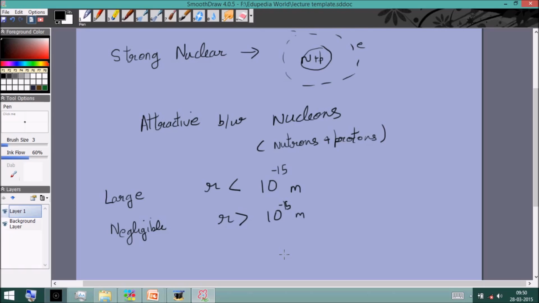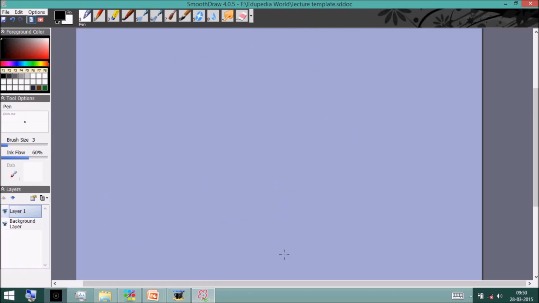Finally, there is the last force, which is the weak nuclear force, and that force is responsible for radioactivity. So we know from experiments that a neutron can actually convert into a proton and an electron and emit another particle which is called an antineutrino. You don't need to worry about the details now, but such reactions do not occur because of the strong nuclear force, because the strong nuclear force acts between two nucleons. It does not act inside a nucleon. So there is another force which is called the weak nuclear force,